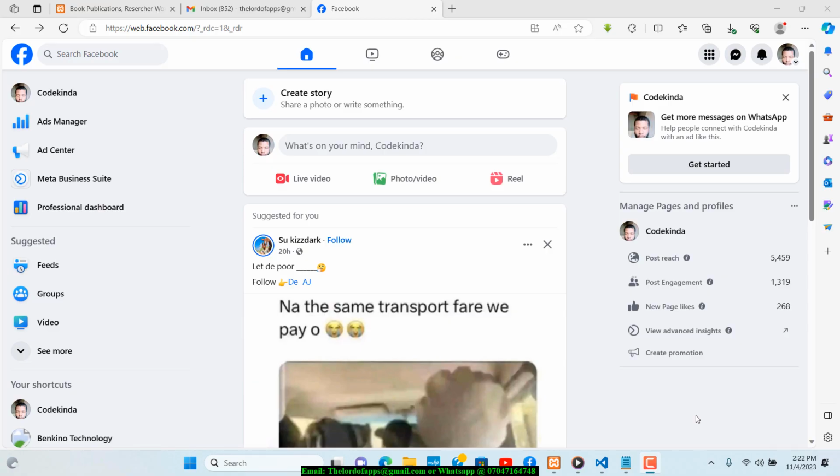I have run quite a lot of ads on Facebook before, but there is just this particular ad that outperformed the others. And what I want to do right now is promote that particular ad again. My reason for doing this is because whatever targeting that I did, whatever location